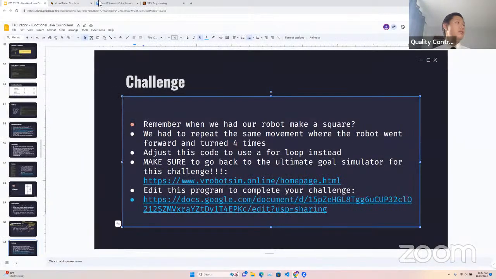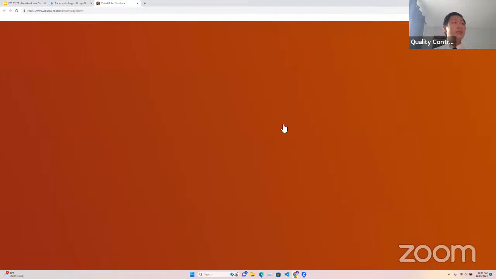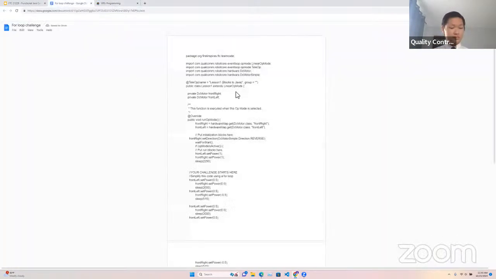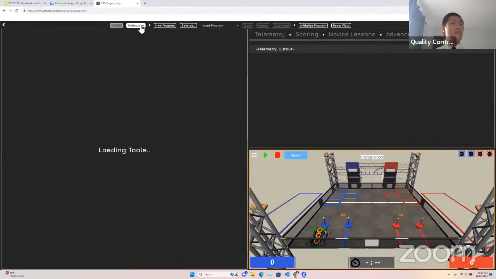You just click the virtual robot simulator, you then click programming, you then move on to the tools, then it slowly loads. After it finishes loading the tools,